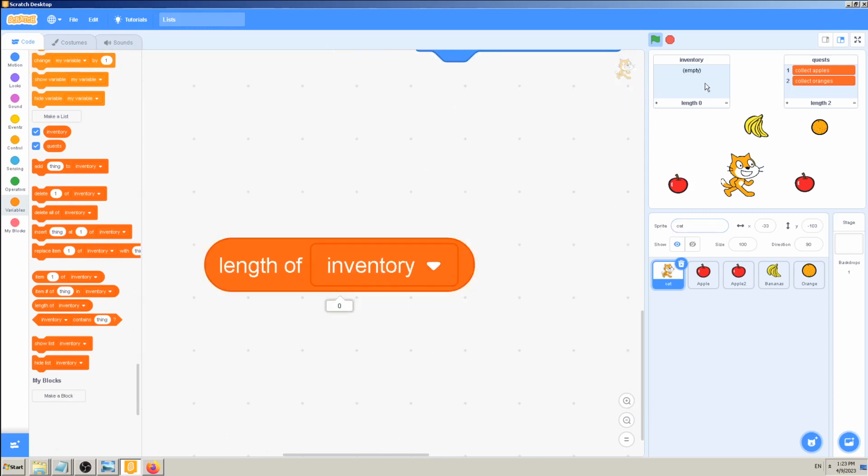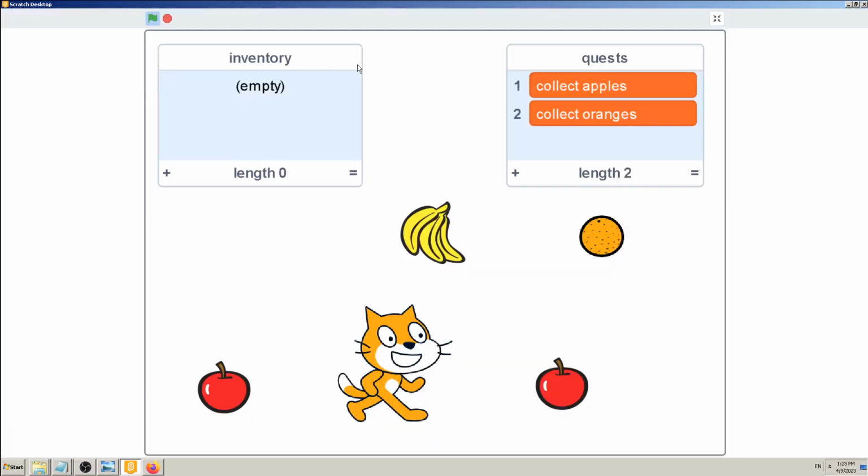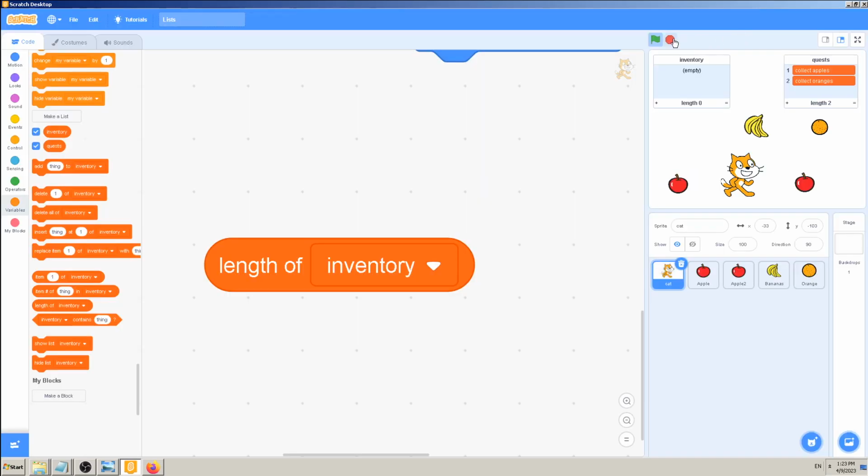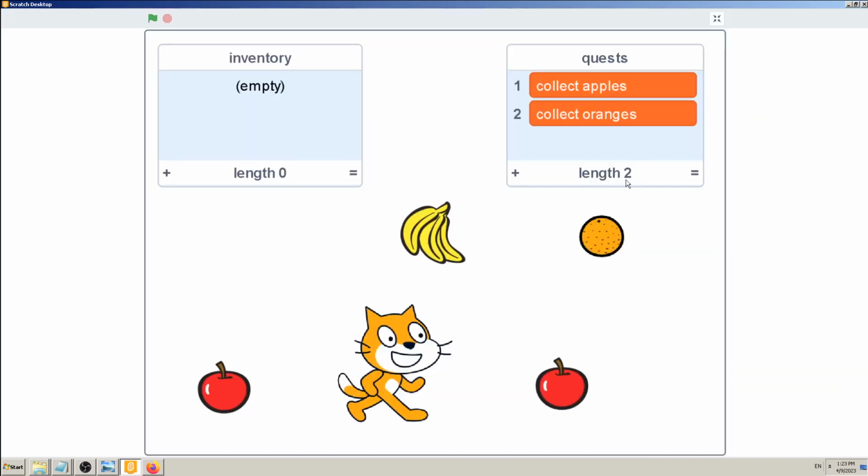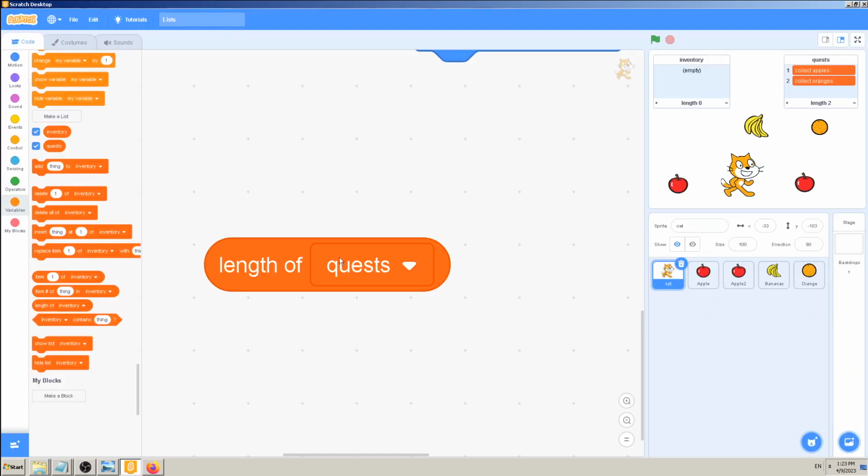Why? Because my inventory list is empty, you can see here. Same goes with quests. I will get the same number as it says here. Length is how much? 2 in my case,